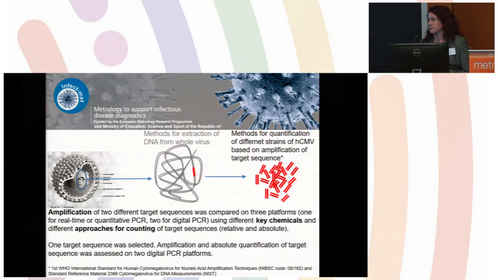And here we really observed big differences, especially in qPCR, so in quantitative PCR. We could observe fold differences between different key chemicals used or between different targets used. And in digital PCR, these differences were quite small compared to qPCR, because we could observe only up to 30% differences between different chemicals and different targets. So one of these targets was then selected for further development of the measurement procedure,